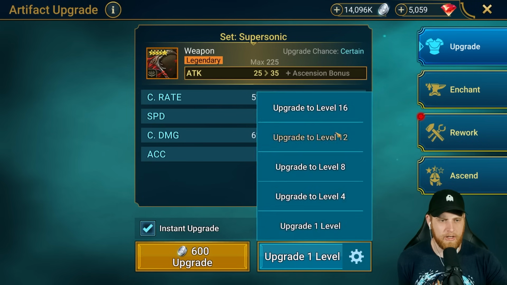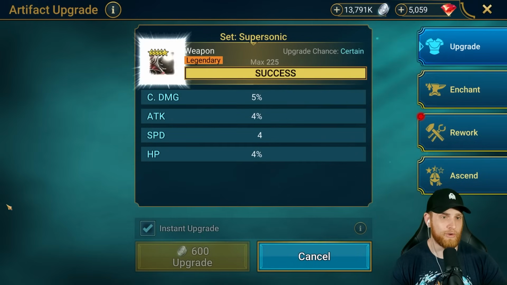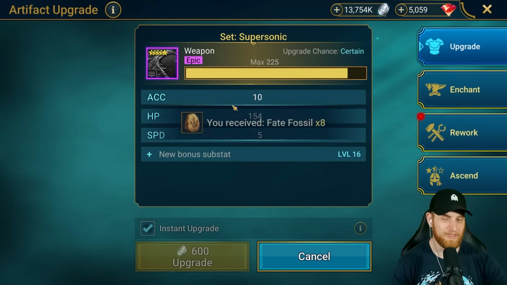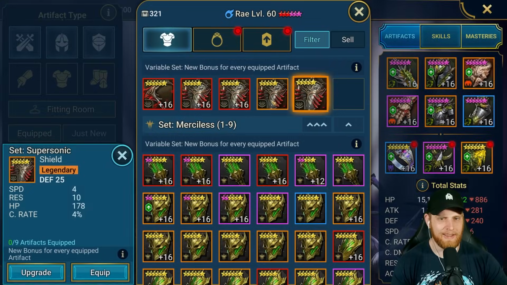Got a lot of 5-star here, honestly. I need to get to 8 though first. I need to upgrade some stuff for the current event going on anyways, so if it doesn't quad roll, I'm not going to keep it. If it high triple rolls, maybe I keep it. Nope, nothing. So Supersonic, I'm going to be very picky with this because it's not a very good speed set